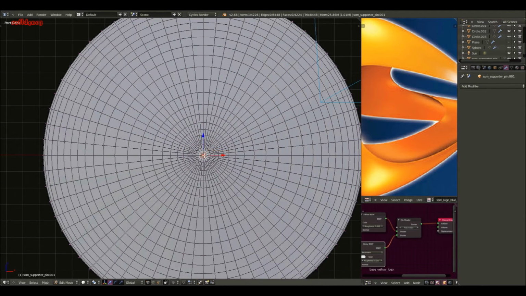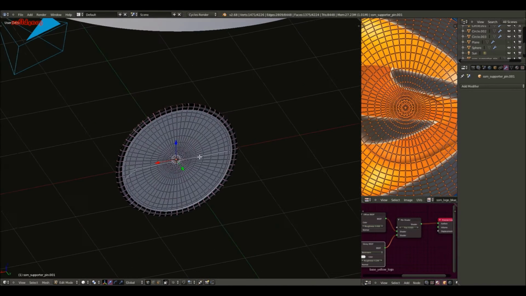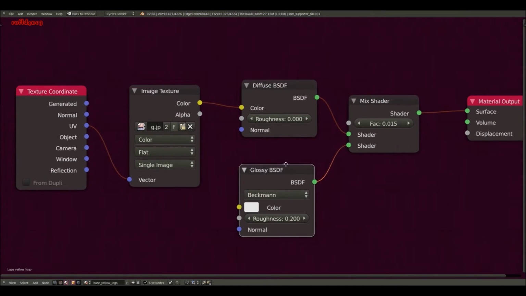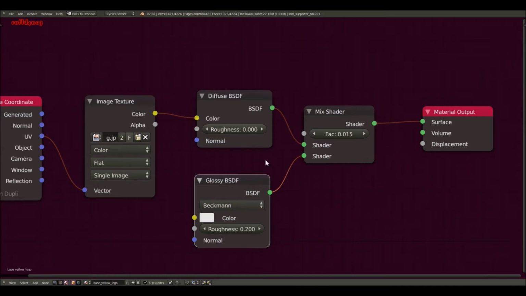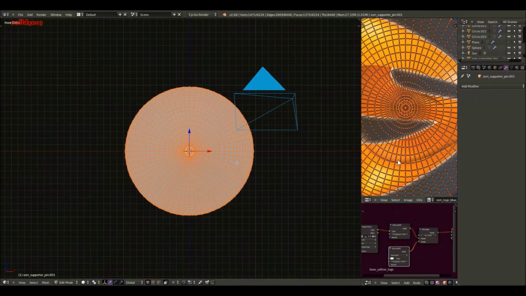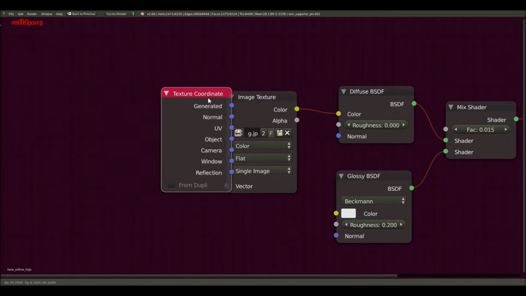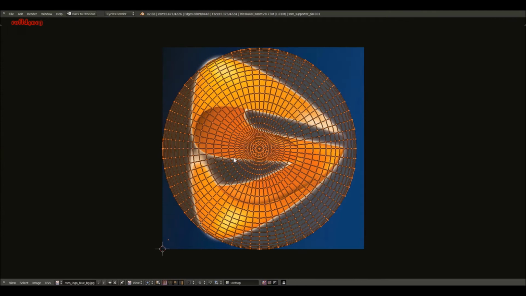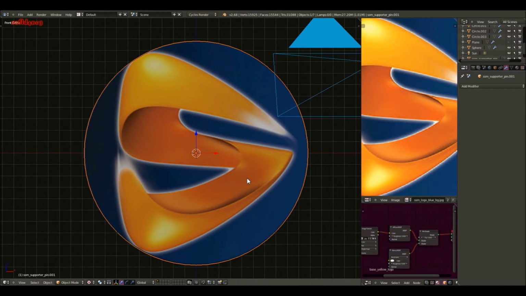So I selected this region, and not the back, just this region, and I set up the nodes. I put a diffuse and glossy, mixed with a 0.015 factor to glossy, so it's not really that glossy. Then an image texture that I got from my cousin, and then I applied the UV textures and UV unwrapped it by using project from view, and I got that. I adjusted this with SX and SY to fit the preview window or the circle right here, so it doesn't